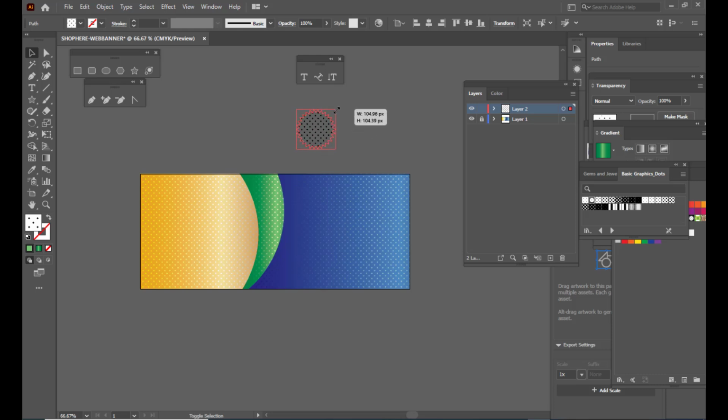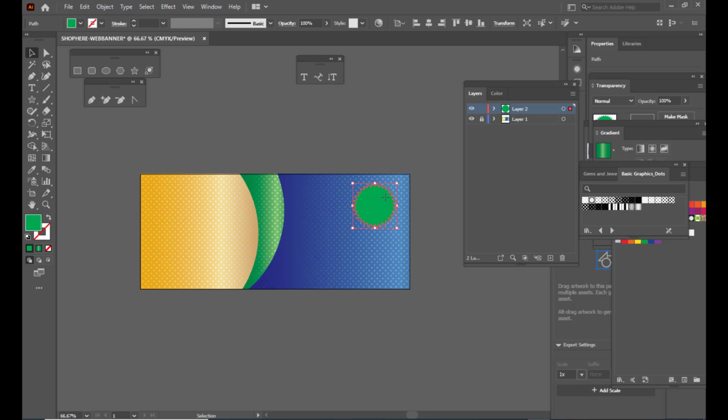But we don't want a pattern here, so we will apply a simple plain color. The background is actually yellow, so we will give it an orangish or yellowish gradient.